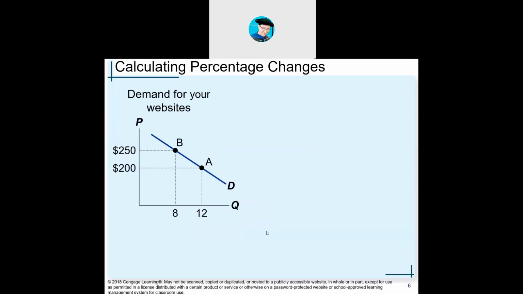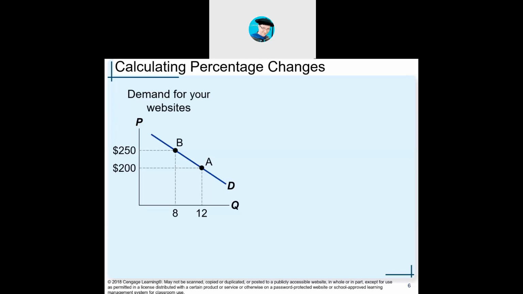Okay, so let's take a look at our website design company. Earlier we said our current price is $200 per website, and we design 12 websites per month, putting us at about $2,500 of revenue per month. We're considering raising our prices to $250 because our costs have gone up. To cover our costs, we want to get some more revenue. Makes perfect sense. If we raise our prices to 250, we might only attract 8 total customers. So 8 websites at 250.